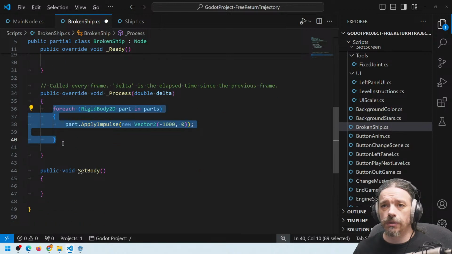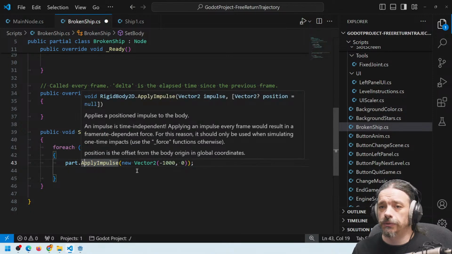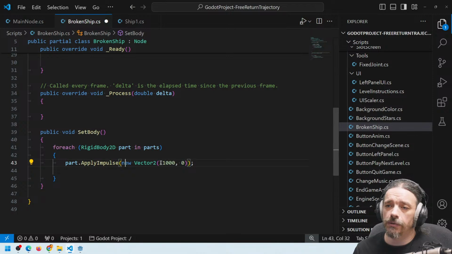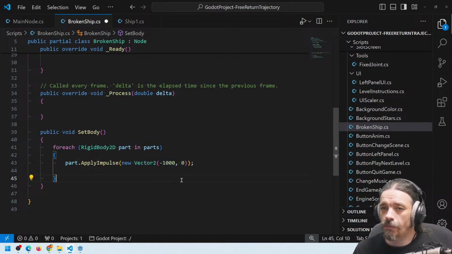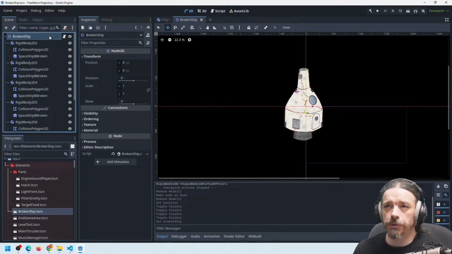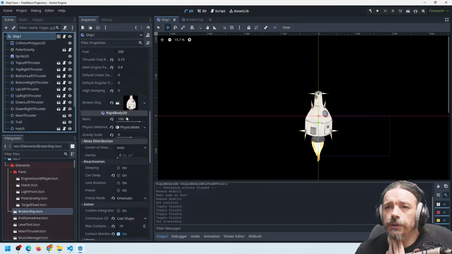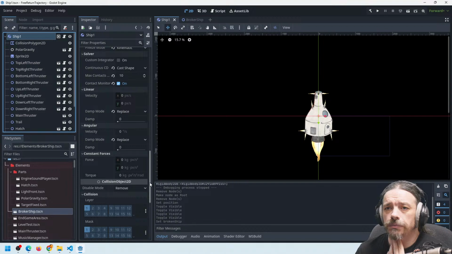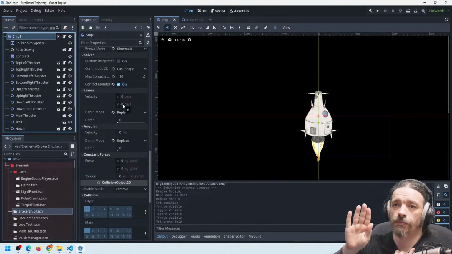For each part inside those body parts, we will apply the impulse, but instead of a new vector with these fixed numbers, this goes to the left only, we will put here the numbers that come from the other spaceship. And we need what? We need to copy 3 numbers, I guess. Let me look at the rigid body here. We need to copy the linear velocity x, linear velocity y, so where it's moving, the actual rotation,